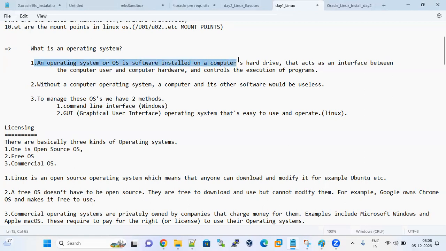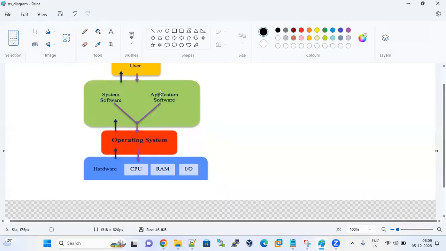Once it is installed, we can operate the computer. The OS acts as an interface between user and computer hardware. Here, this is the user. This is the software, the operating system. The operating system acts as an interface between computer and user. This is the computer hardware, with system resources: CPU, RAM, and IO, input output.